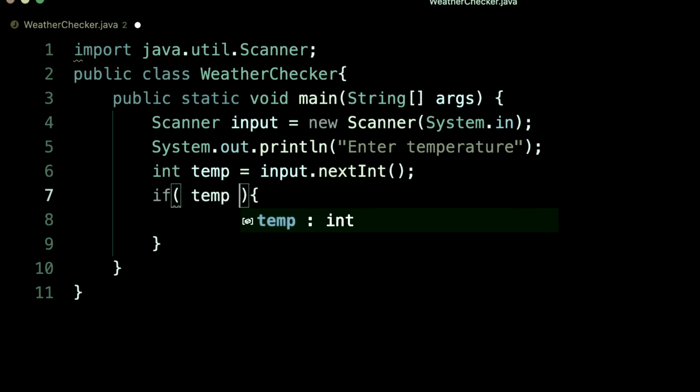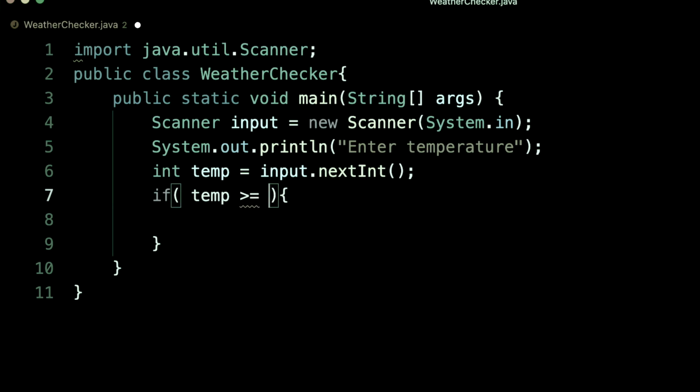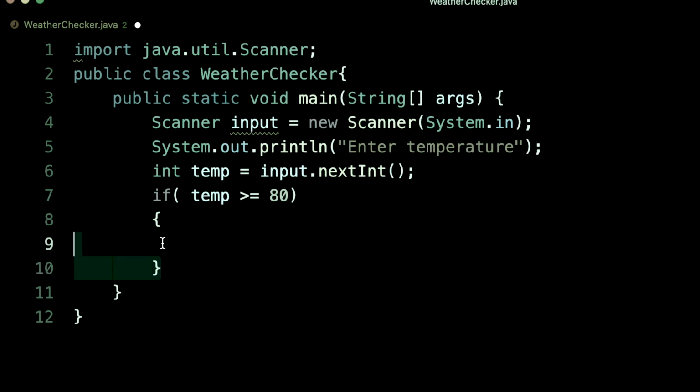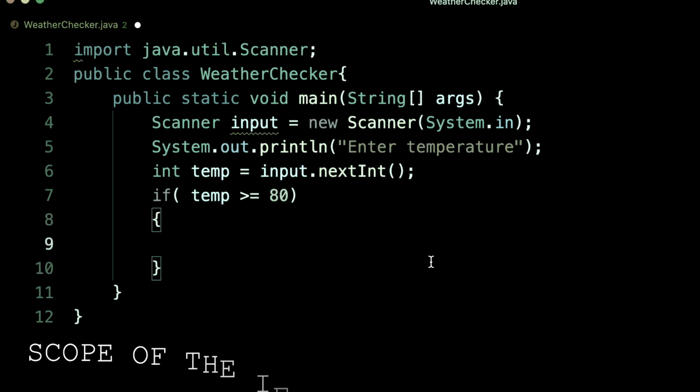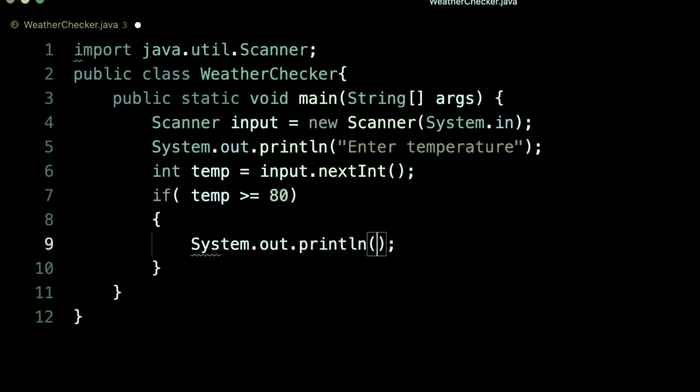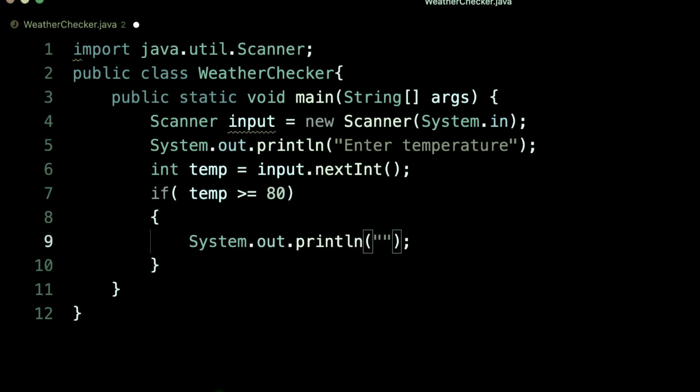In this case, if the temperature happens to be greater than or equal to 80, that means it's going to execute whatever is inside of these two curly brackets. The curly brackets will state the scope of whatever the resultant true expression that is inside of the if statement. If you remember the task, if it happens to be greater than or equal to 80, we should suggest to